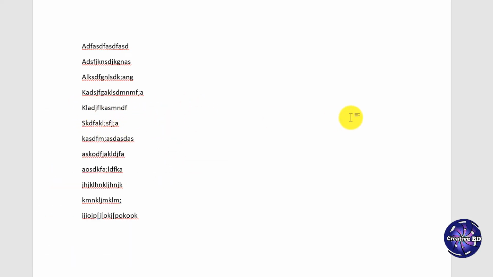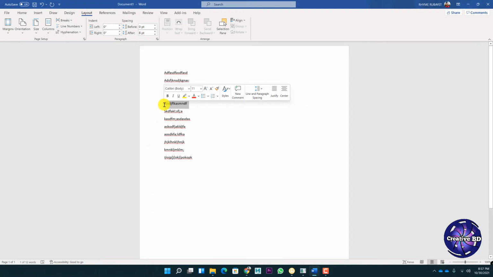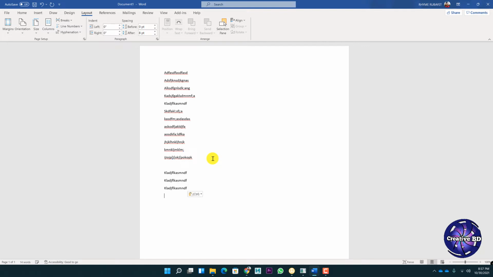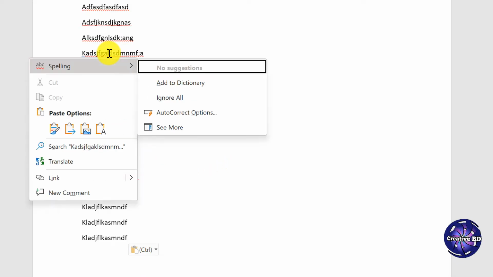If we had this a couple of times, then it's not going to show as an error, but all the rest of the mistakes would be shown in a red underline. So what I'm going to show you is to just right click here, and in spelling go to see